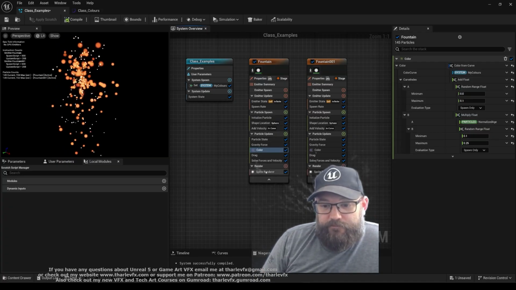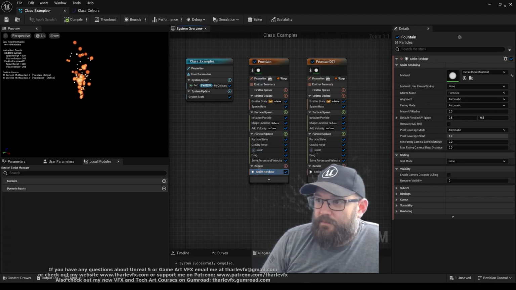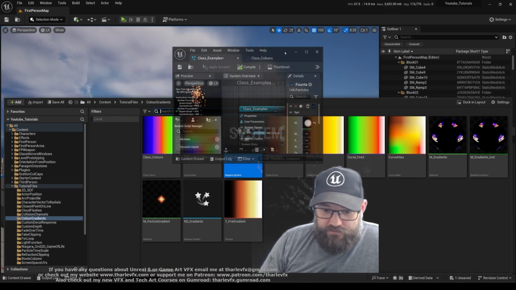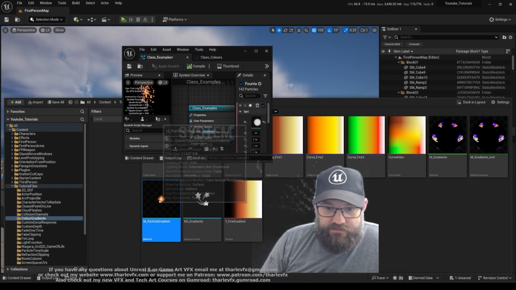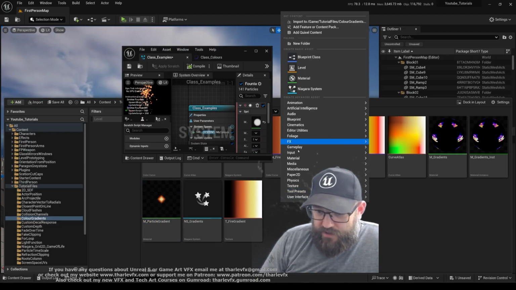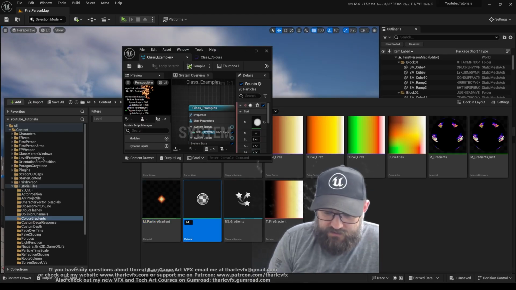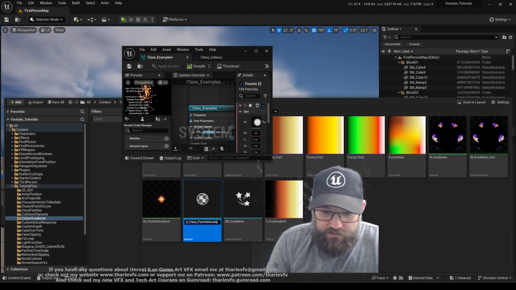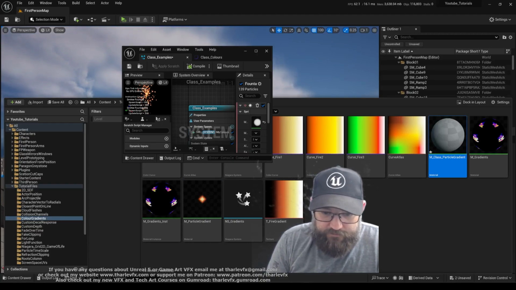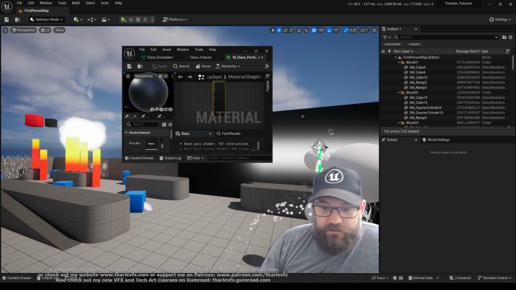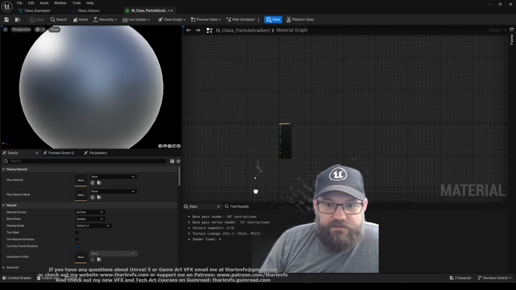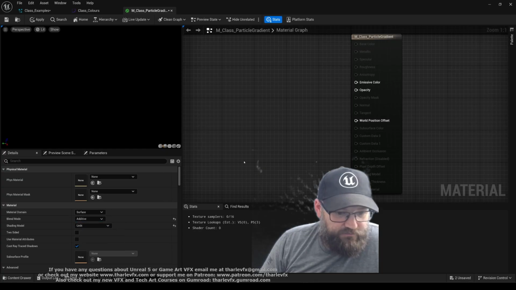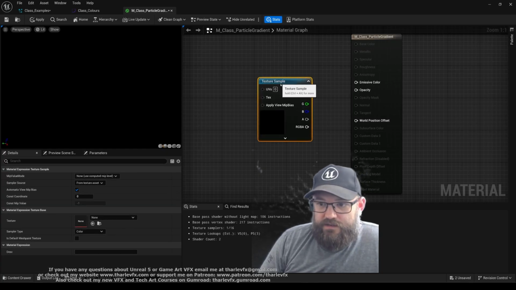The way we do that, if I just take my material, here we go. I've got a particle gradient material here. Let's just make it from scratch because it's got some things in it. Class particle gradient. What we're going to do is just make a simple material, so unlit and additive. I'm going to use a texture sample,